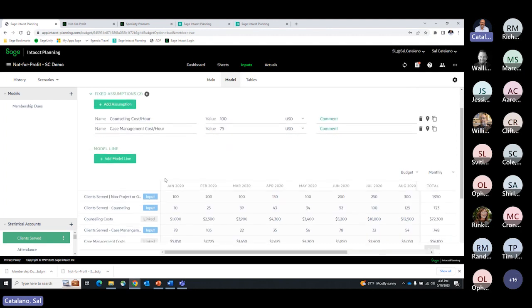And then just like we saw above on the membership, I can say, well, how many clients do I expect to serve on these particular months? And then, how do I get that cost? So my counseling cost is going to be one of these model lines multiplied by one of these assumptions. And then I can easily make some changes and see how these items